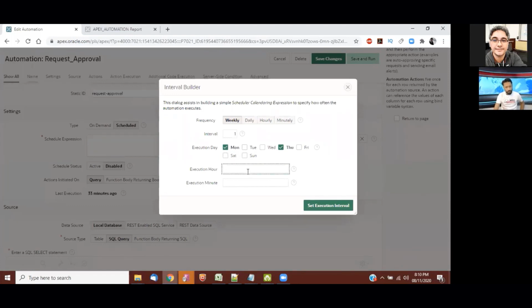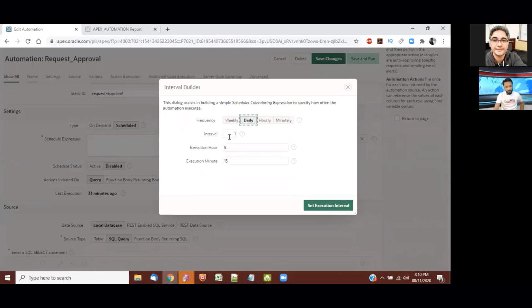Let's suppose I want to execute it on Monday at 8 p.m., so I will write 8 here. If I want to execute on 8:15, I will write 15. The process will execute every Monday at 8:15 p.m.